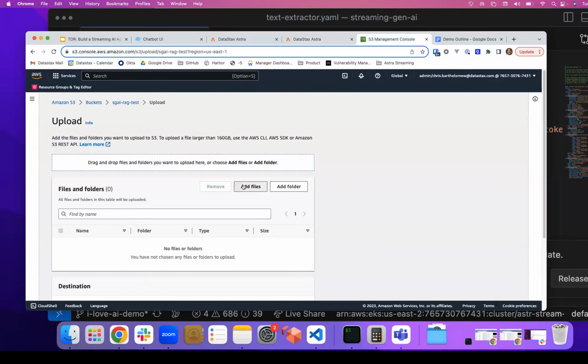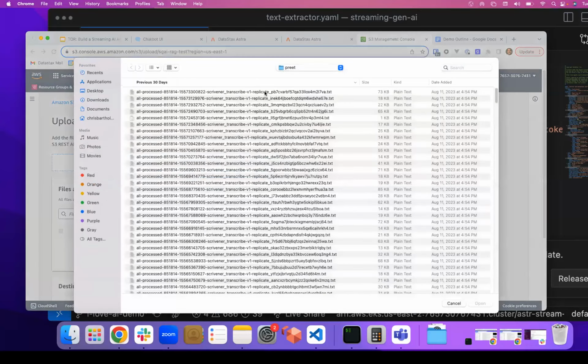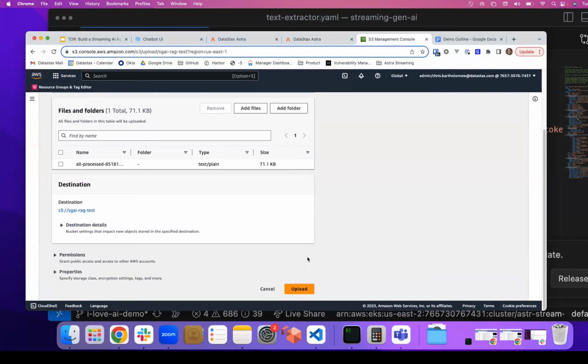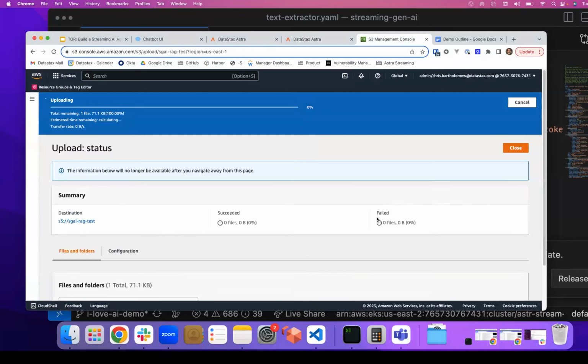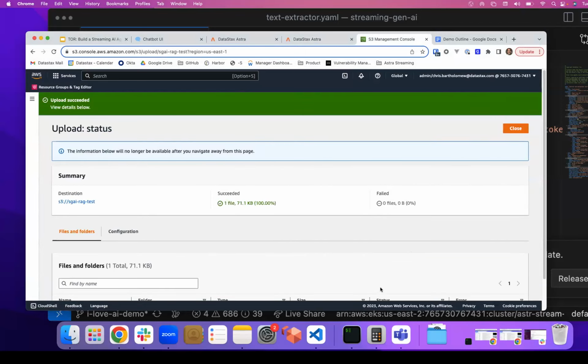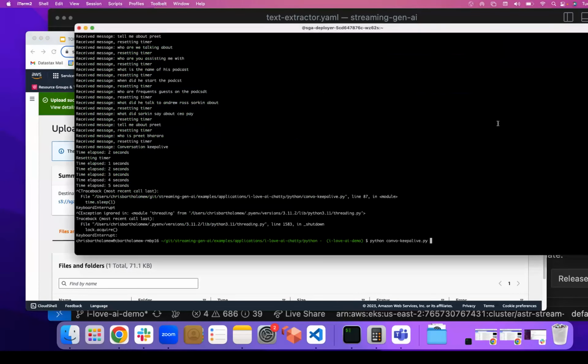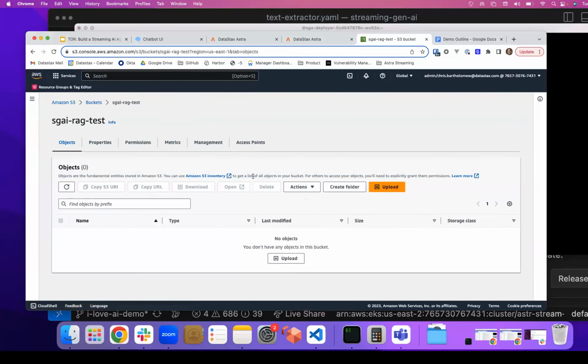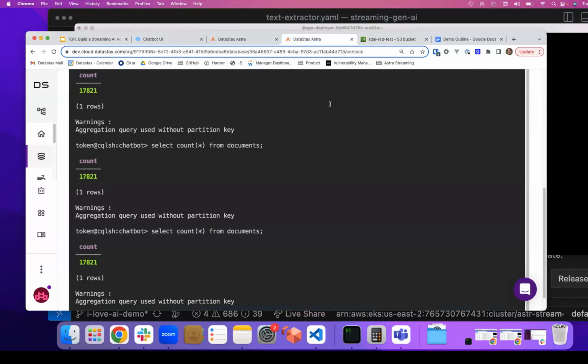So we're just going to go into S3. I'm going to take this file, which is a transcript from one of the podcasts. I'm going to upload that into S3, and that's going to get processed automatically. When it's done processing in S3, it removes it from the S3 bucket. If we go back to the database and we query the database,